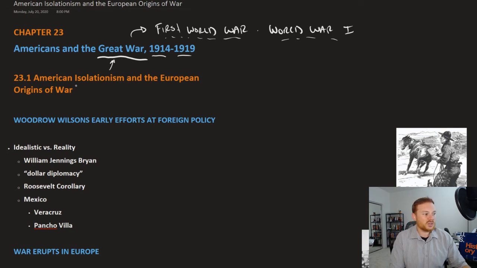So initially, the United States took a policy of isolationism, that is, to remain out of the conflict in European affairs. However, it's going to inch itself towards the conflict. The United States' entry into the war, at least direct entry, is in 1917. So the war goes on for a couple of years before the United States becomes formally involved.